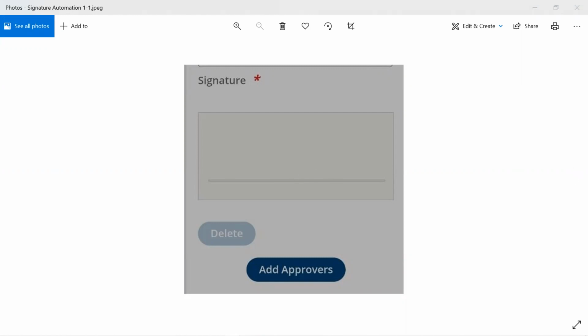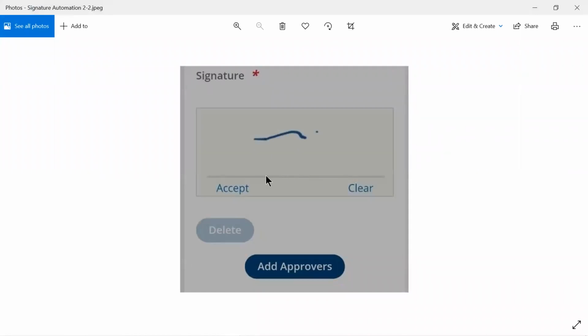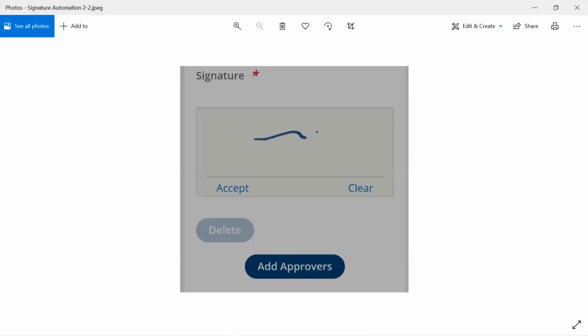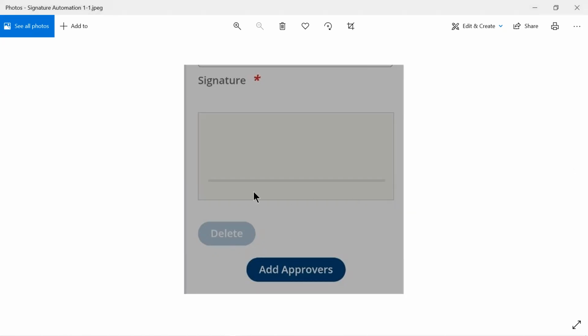The other screenshot I'll show you here, you see the difference between these two. Nothing is there, you have a delete option here. I don't know what exactly this delete is, but if you draw something, you see that you get both accept and clear. Previously you do not have that, nothing is there, empty.